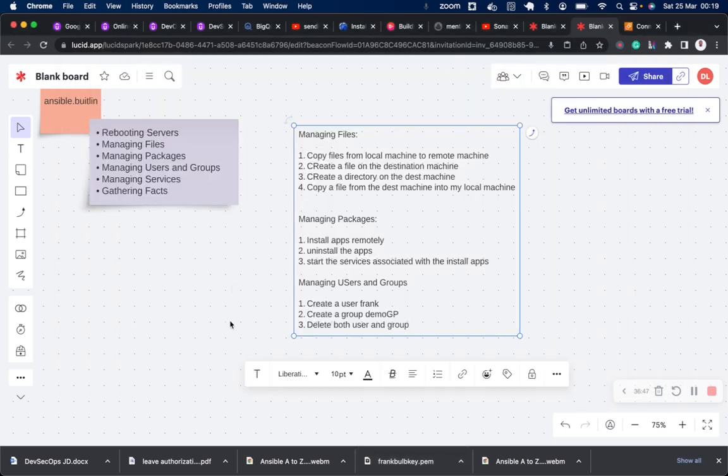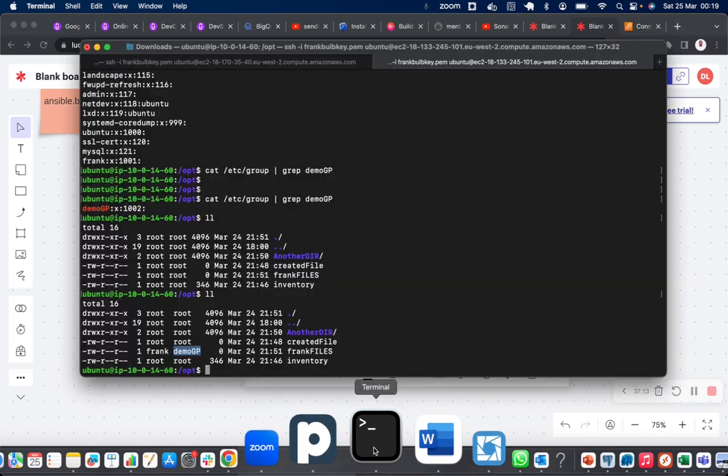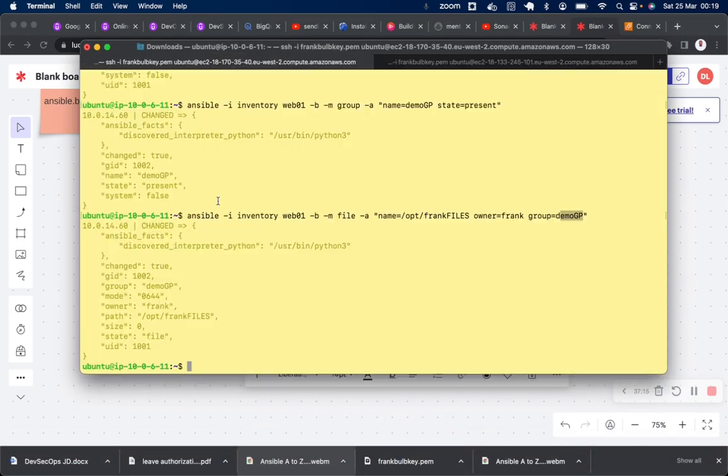So this is how we use modules with ad hoc commands to execute specific tasks on targeted machines. It's the same method. If by any chance you get confused or you run out of ideas, always remember to